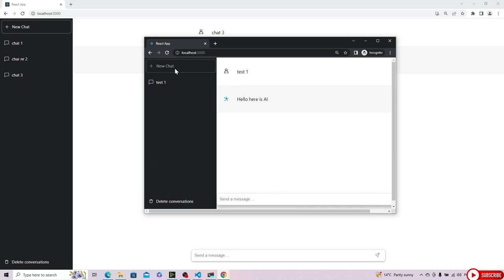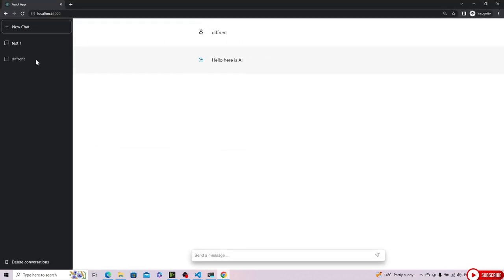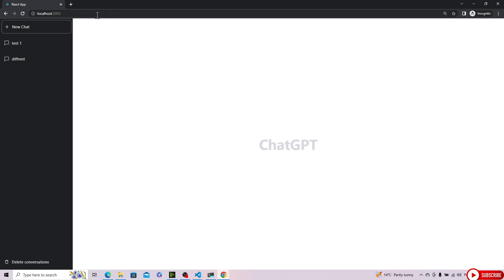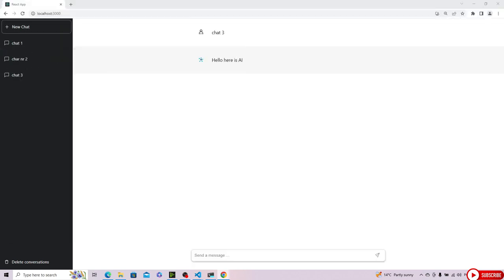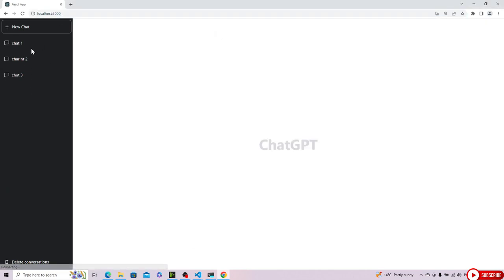Let's go and open once again the new chat. We can type different. Let's press enter. And as you see, we'll have test 1 and different. Now we'll refresh, because when we close this incognito window and open it once again, we'll lose this session. But now we are still in the same browser. Now we are able to see the messages from this session. And this second user is still seeing only the messages from his session. So that's working perfectly: every user who connects to our application will have their own session and own